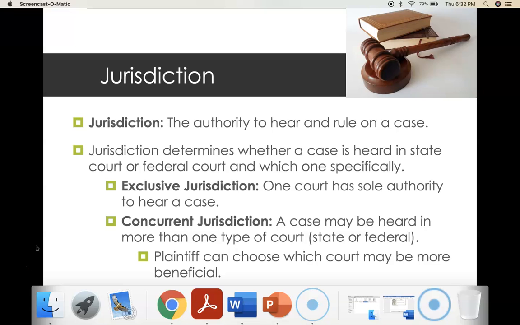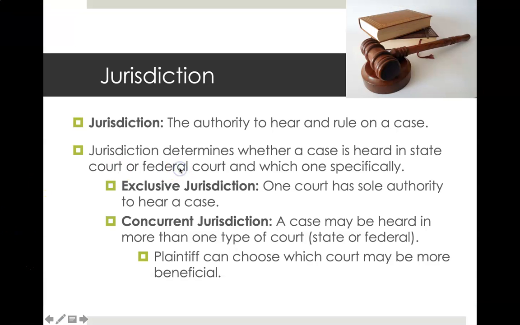You also have, like we were talking about here, court jurisdiction. So technically, which level of the courts is able to hear or rule on a case. So this says jurisdiction determines whether a case is heard on a state court level or a federal court level,